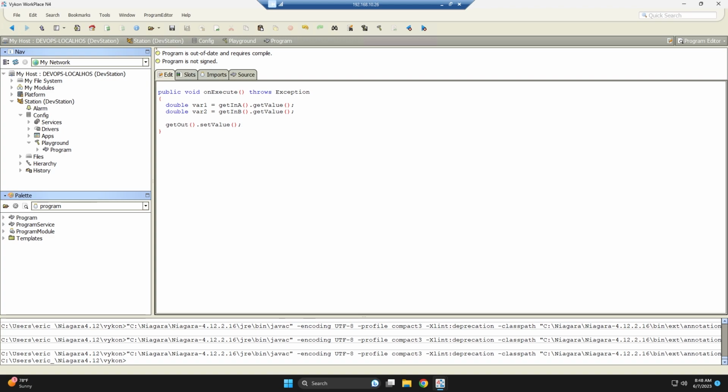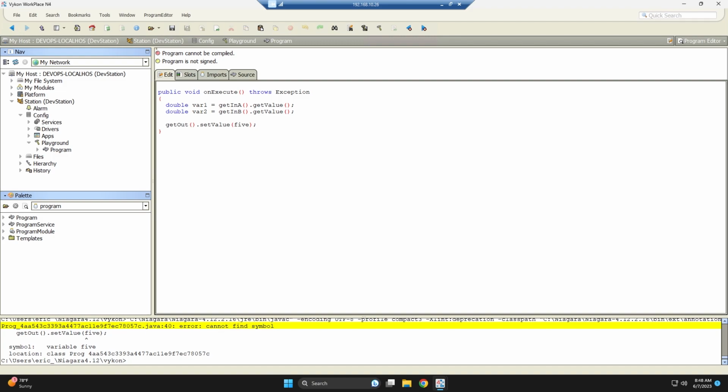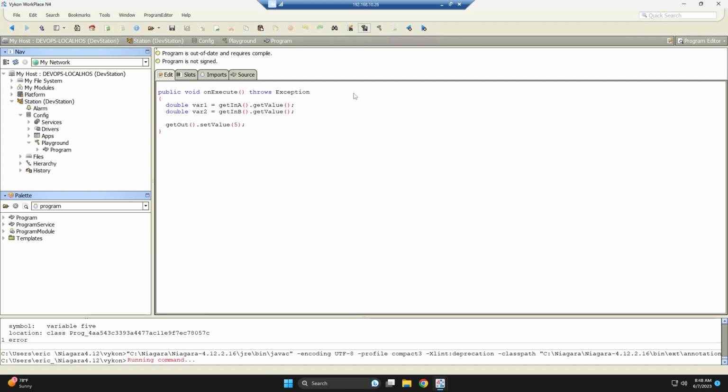You could set a static value if you wanted to, as long as it's a double. If you wrote "5", that's going to create an error here because that is a string. But if you did 5 like that, it's a numeric value, so that actually compiles. But in this case, we're going to add our two variables together. So we can go variable 1 plus variable 2